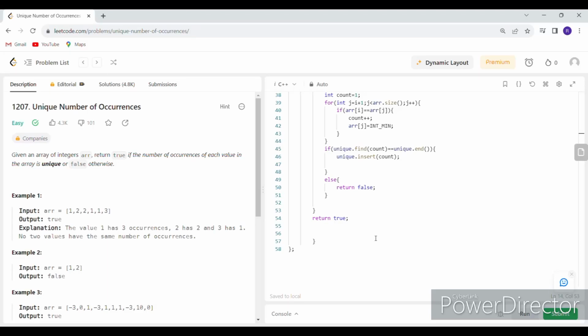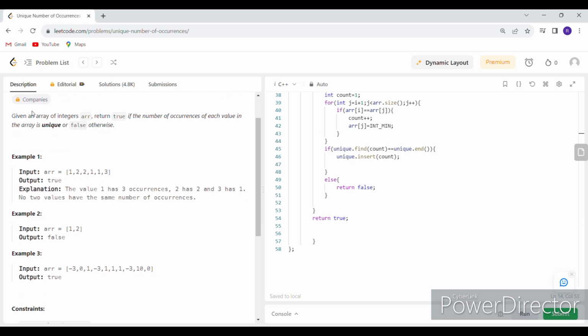Hello everyone. So today we will solve one LeetCode question, which is to find the unique number of occurrences. Let's see what the question says. Given an array of integers arr, return true if the number of occurrences of each value in the array is unique,